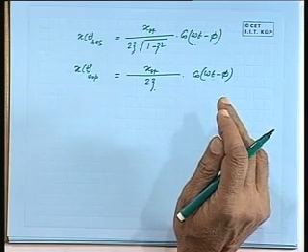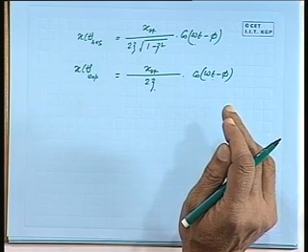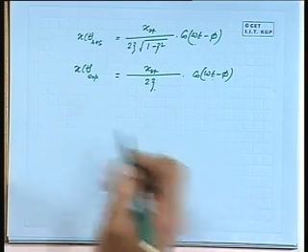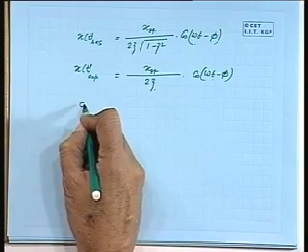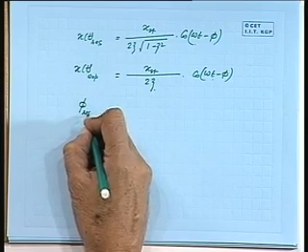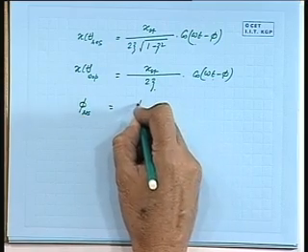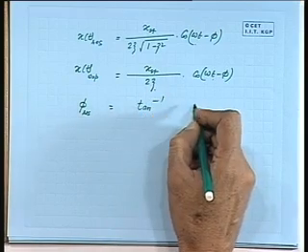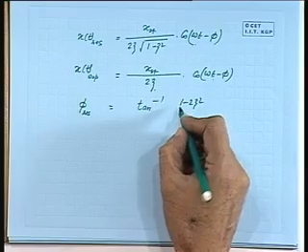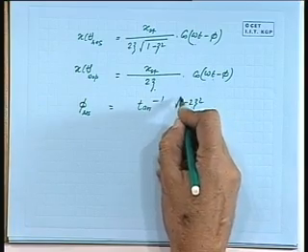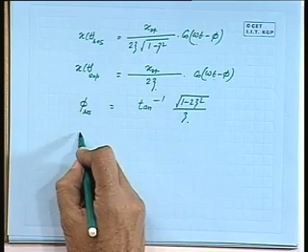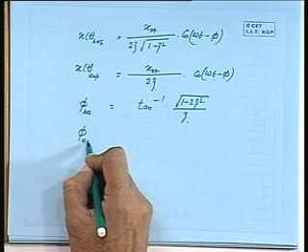And at that time we say phi at resonance will be tan inverse, it will be 1 minus 2 zeta square root over by zeta. This is the value of phi,